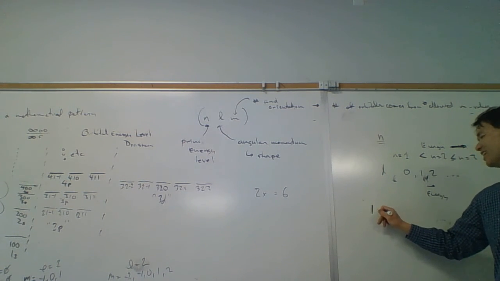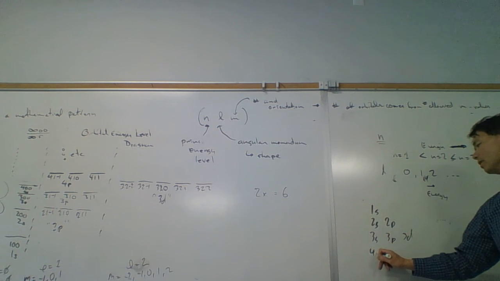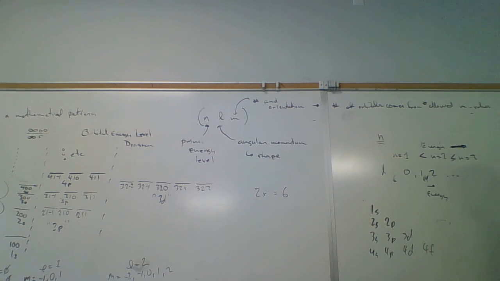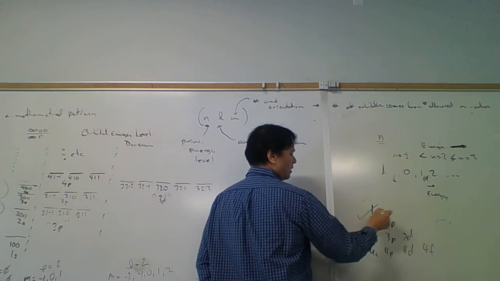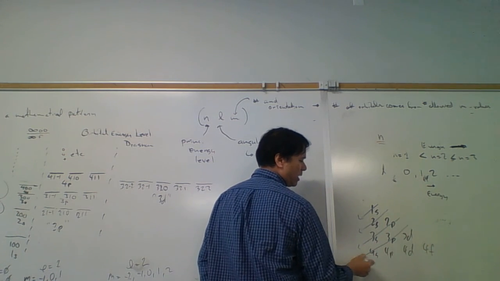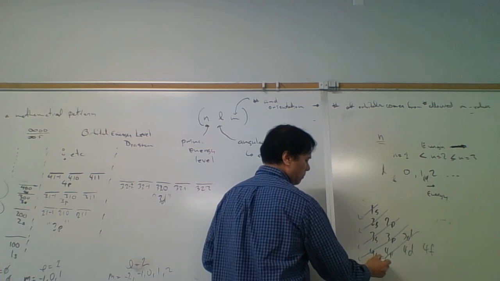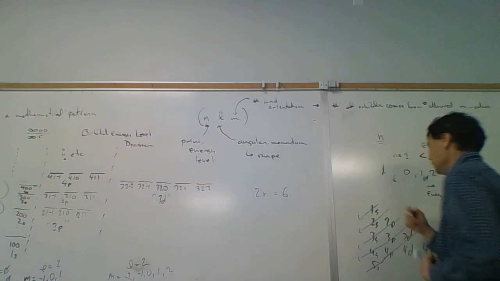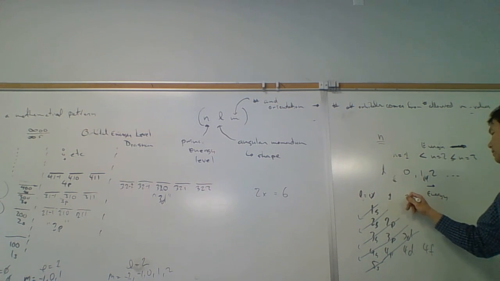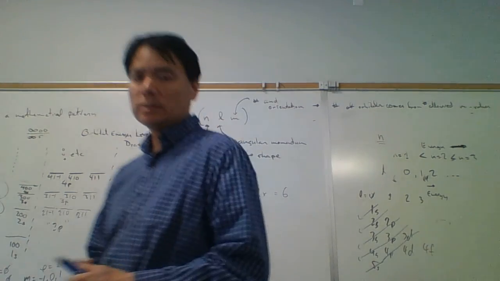And so the pattern to that is it goes like this: 1s, 2s, 2p, 3s, 3p, 3d, 4s, 4p, 4d, 4f. And so we add one as we go along. The energies are going to go like this. The 1s will be the lowest, and then the 2s, and then the 2p, 3s, and then the 3p, 4s, 3d, 4p, 5s. Okay. So these are split up into n's and L's. L equals 0 here, L equals 1 here, L equals 2 here, L equals 3 here. So we can add an L to each subsequent line. All right, let's stop here, take a break, and then